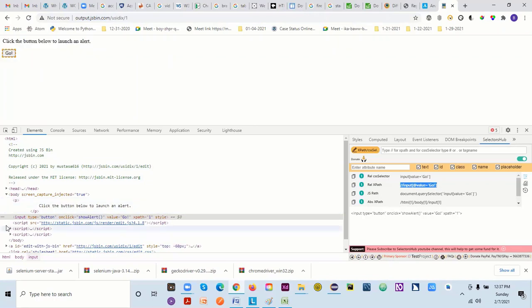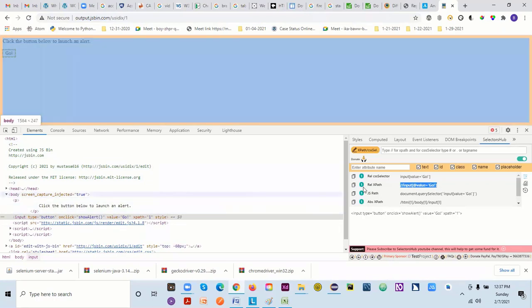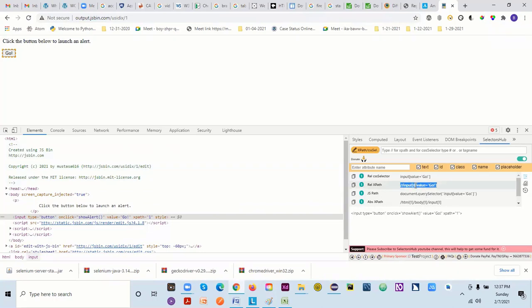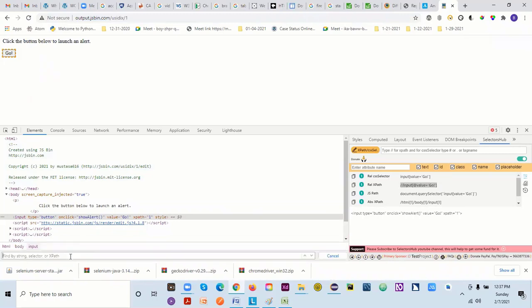So what it is, it's input, which is the tag name, which is here, //, and the value what we have given here, the value is this one, go. So if I write my XPath here, I can say input, and I'll say @value, and then I will be copying this one.